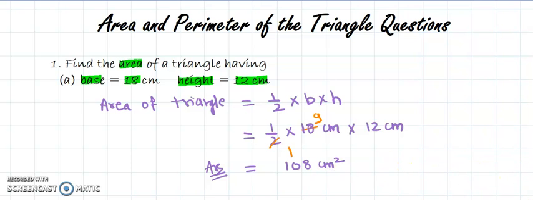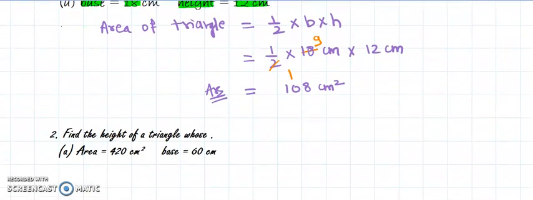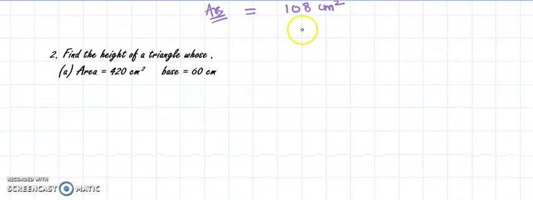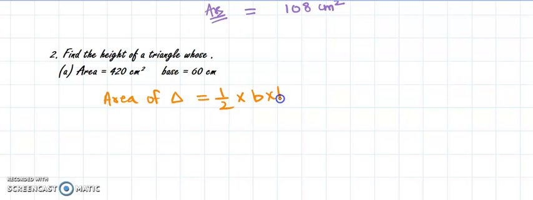This is one type of question I have discussed. Now let us move towards question number 2. In question number 2, you can see on the screen, my dear students, this time they have given us the area of the triangle, and the base is also given. So we have to find the height of the triangle. We are going to use the same formula. Let us first of all write the formula. Area of triangle, I am denoting the triangle with this symbol. Everyone knows that the area of a triangle is equal to the same formula, half into base into height.